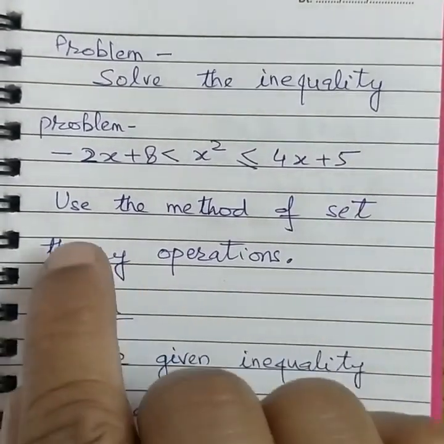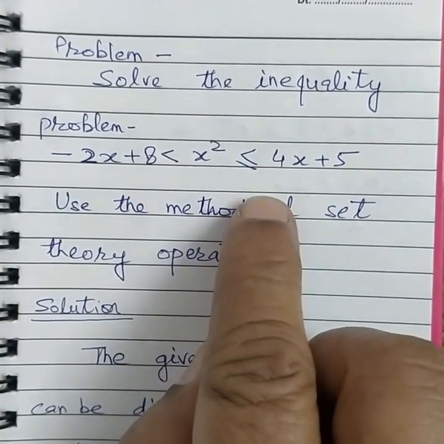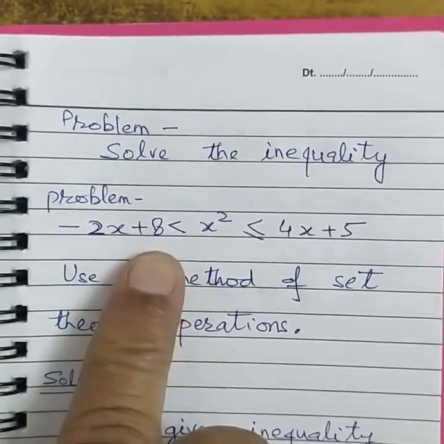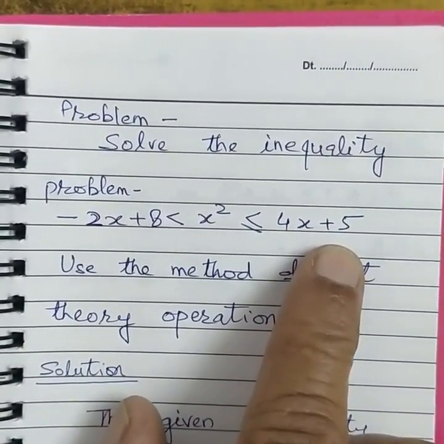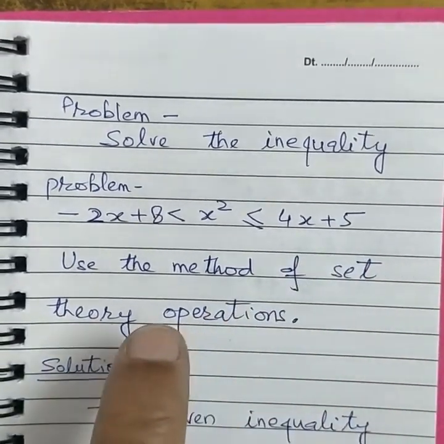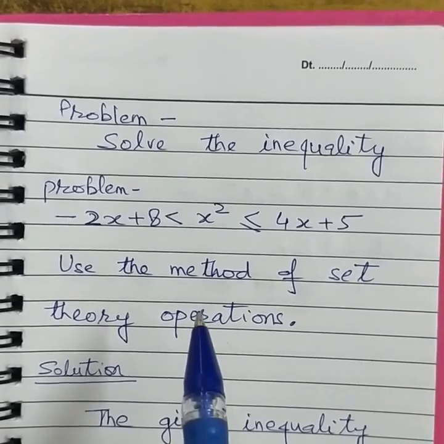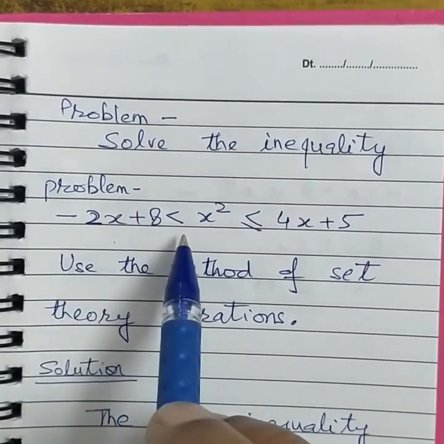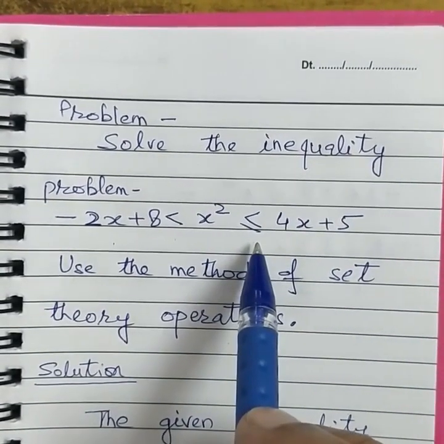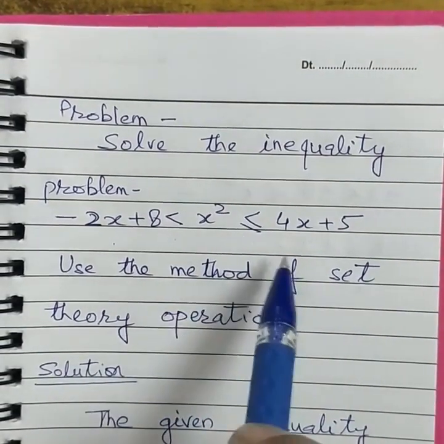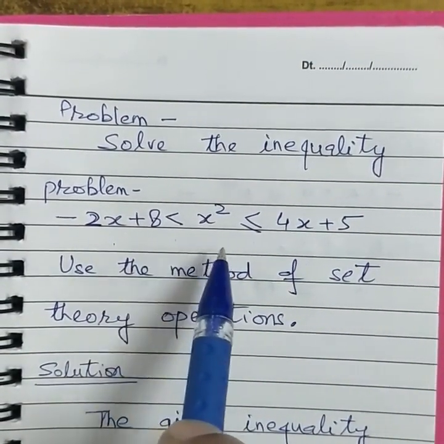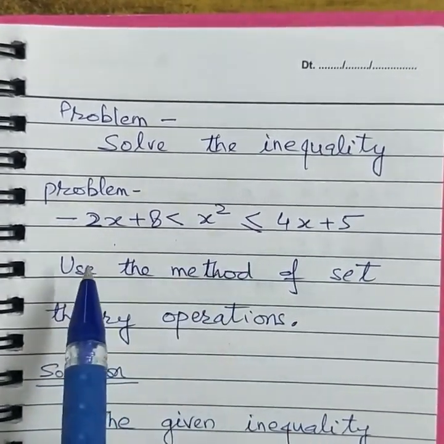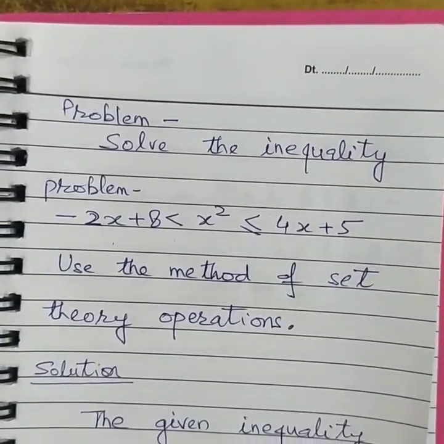In statement 3, minus 2x plus 8 and 4x plus 5 are compared. While comparing minus 2x plus 8 and 4x plus 5, you need to be a bit careful. As you can see, there are two inequality signs between these expressions. One is less than and the other is less than or equals. The sign less than is common to both, hence the less than sign is taken and the equal sign is omitted. Hence the statement 3 becomes minus 2x plus 8 less than 4x plus 5.